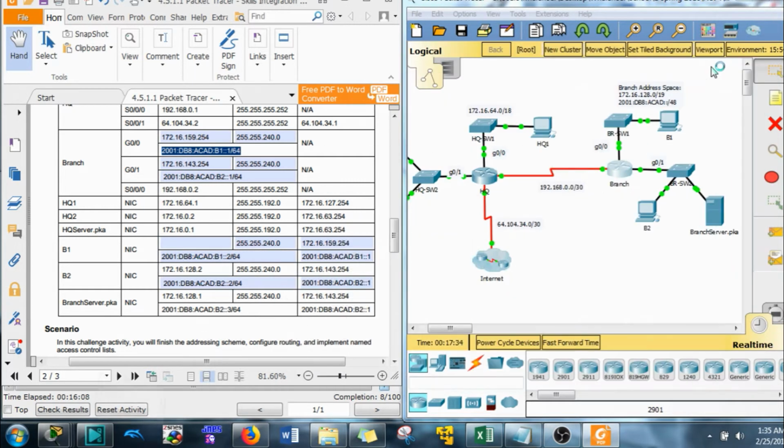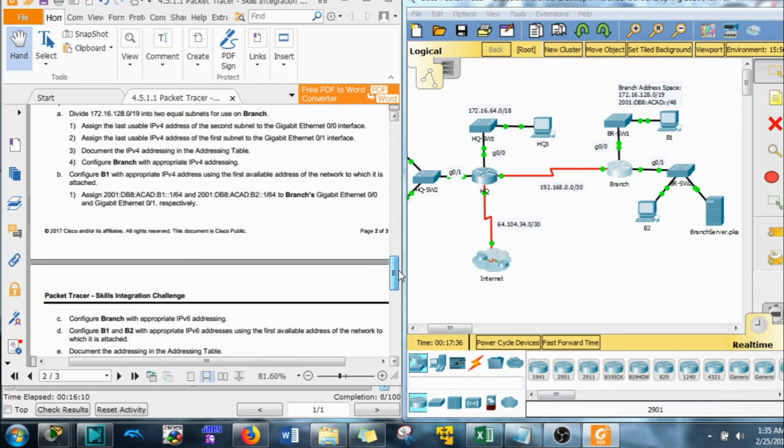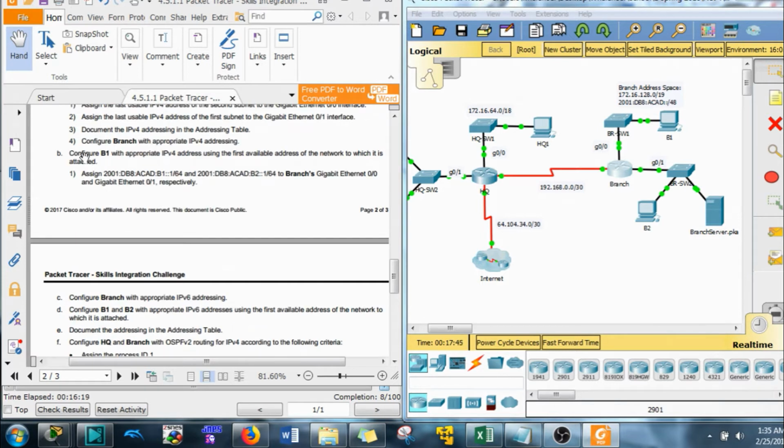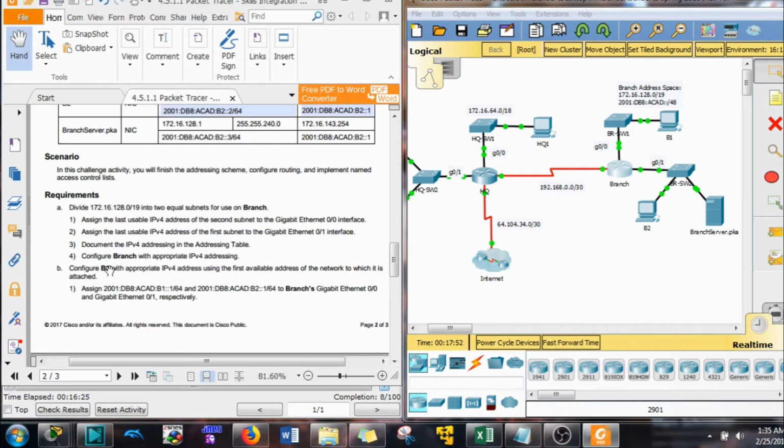Now what they do want us to do, configure B1 and B2 with the appropriate IPv6. Oh, missed this part. Configure B1 with the appropriate IPv6 address using the first available address of the network to which it is attached. So, B1,